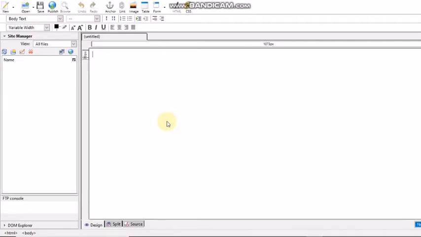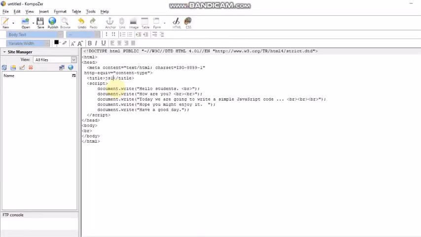Let us write a simple JavaScript code using the source view in Composer. Open a new file in Composer. Go to Source tab. Include the following 5 lines using JavaScript within script tag inside head section below title tag.